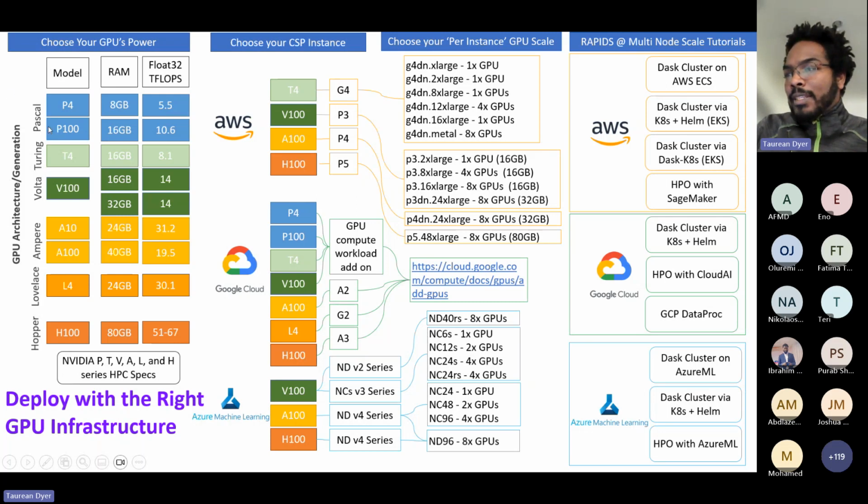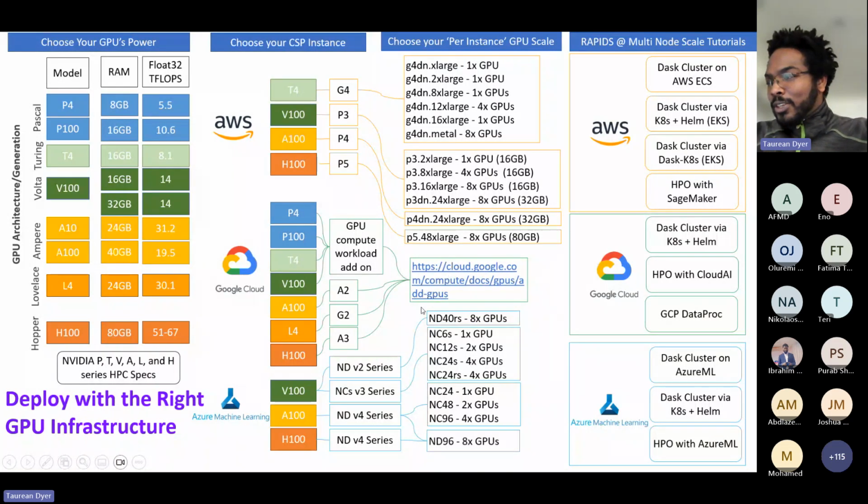Well, as you know, Pascal is being retired at the moment, but you have T4s, V100s, A10s, A100s, L4s, and H100s. Those are the GPUs that are available to you, but you can pick from AWS, from Google Cloud, or Azure, whatever you or your client needs, and have their stack on, and they're running. You can pick one of these instances here,